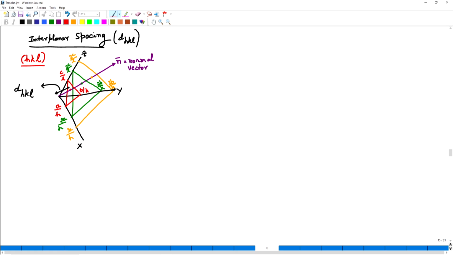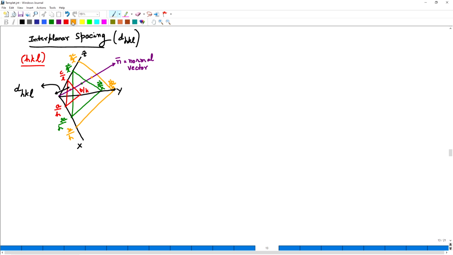In this lecture, we are going to talk about interplanar spacing between HKL planes. So, this is a diagram that I had drawn towards the end of the last lecture. This diagram shows a set of parallel planes which have indices HKL. As I had said in the last class, when I refer to an HKL plane in a lattice or a crystal, there is a set of parallel planes which are equally spaced, and this diagram shows the spacing between